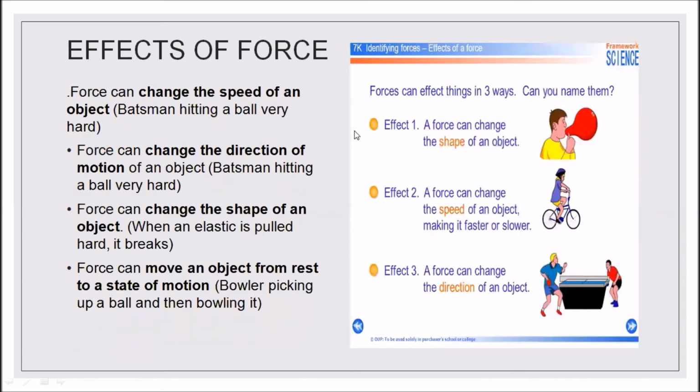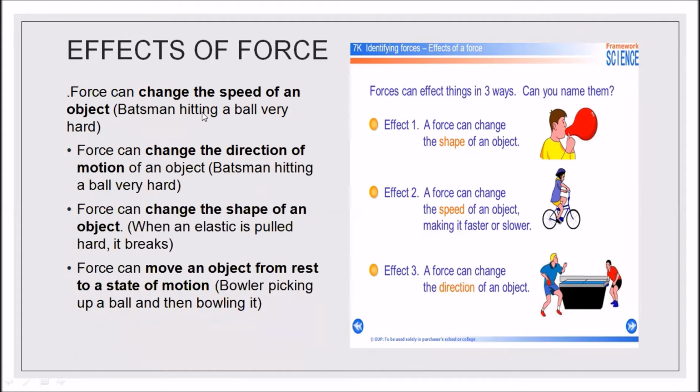Now, our next topic is the effects of force. There are 4 to 5 effects of forces. First, force can change the speed of an object. For example, a batsman hitting a ball very hard: the speed of the ball will change.